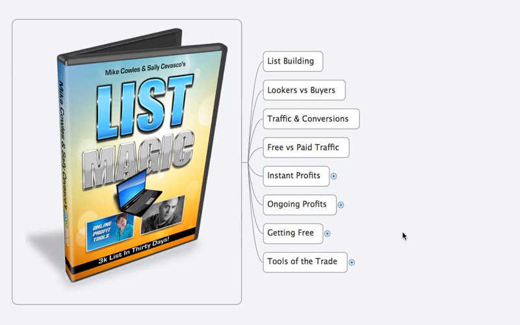One of the things that a lot of people don't necessarily realize about list building is the value. To give you a perspective on this, it's typically $1 per subscriber per month. So if you have 500 people on your list, you should be making $500 a month from that list. Does that make sense? Yes, absolutely.